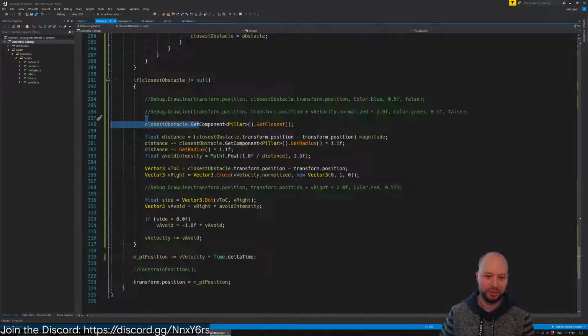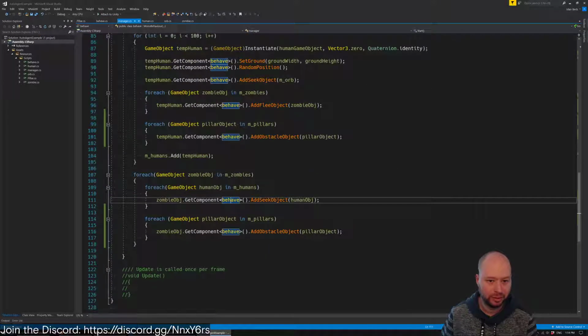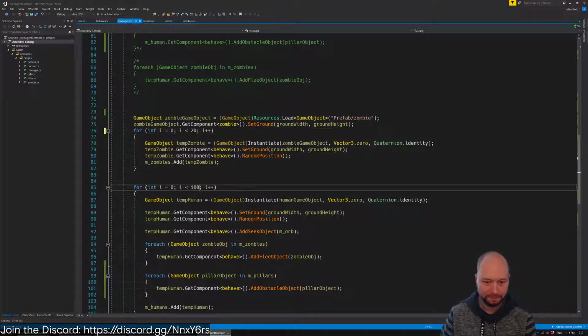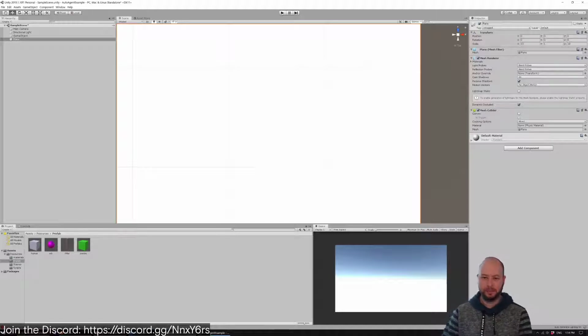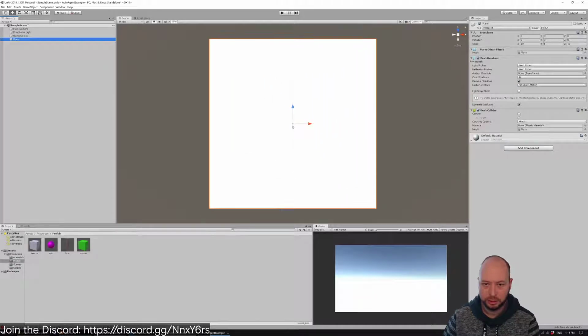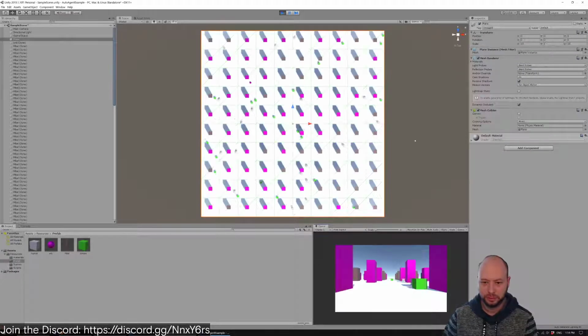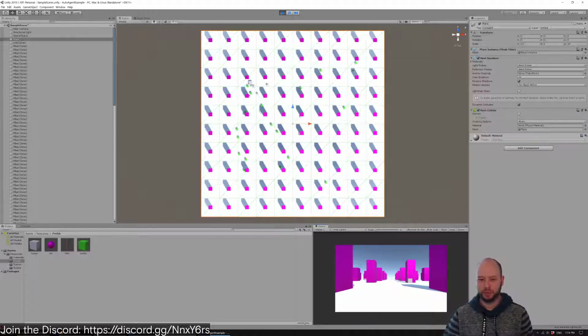Let's reduce the number of zombies. I think that might help. Let's reduce the number of everything. I think that might help make this a bit more sense. Great. So now let's take a look here. And if we hit play, it's a little bit better. You can see objects, they're all kind of avoiding, like right here you can see they're avoiding the pillars, they're avoiding each other, they're seeking each other. There's some glitch here and there. I think that this is not a perfect solution, but